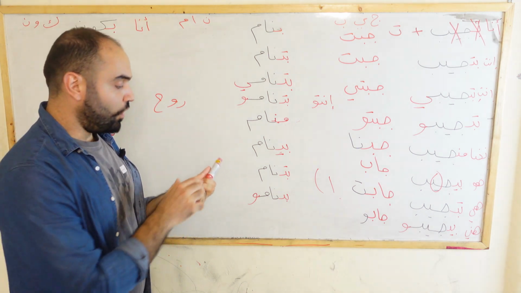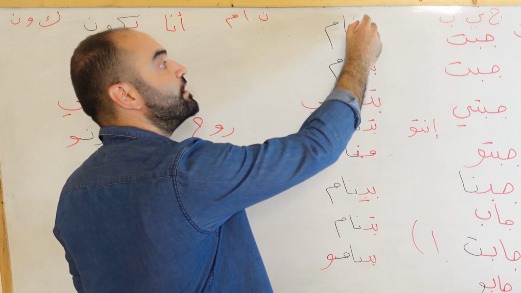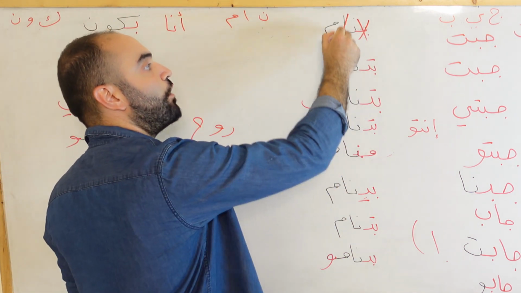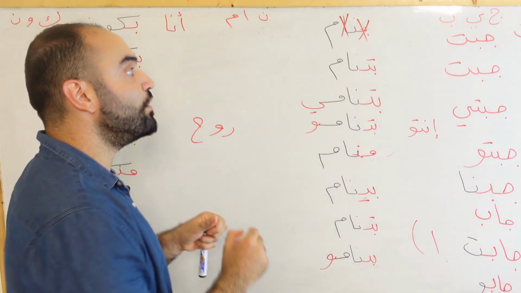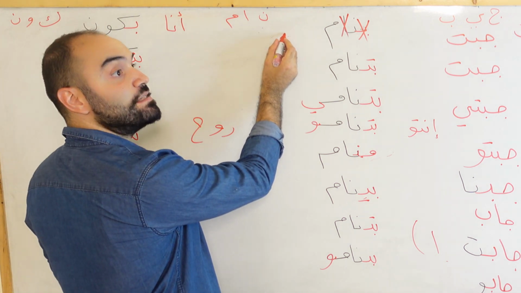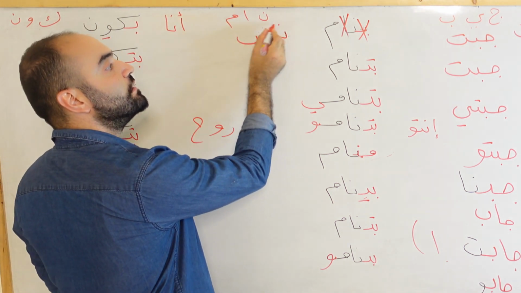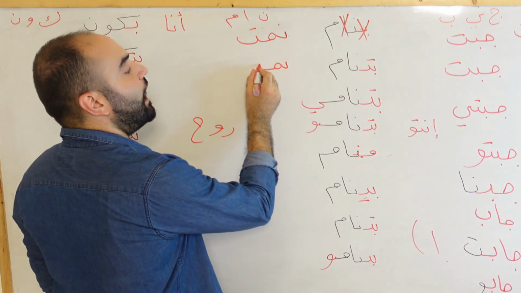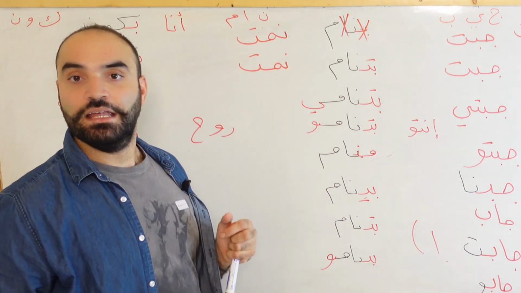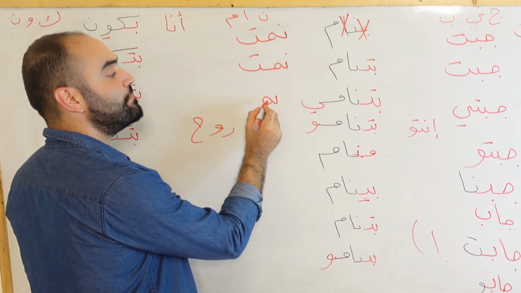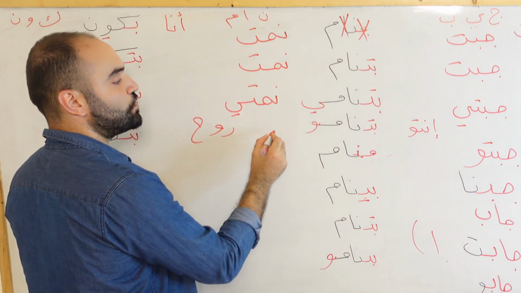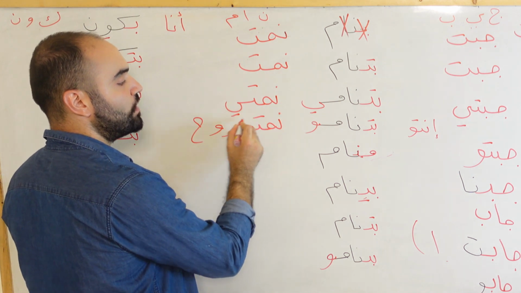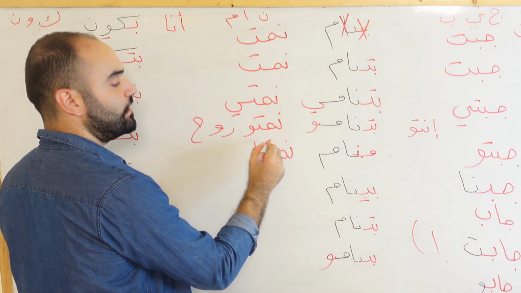So now for نام, let's try. نام. Okay, what do we do? We take off the imprefix, we take off the vowel letter, and we add T. So it becomes نمت. وانت same as أنا. أنا نمت. أنت نمت. أنتي نمتي. أنتو نمتو. نحنا نمنا. هو